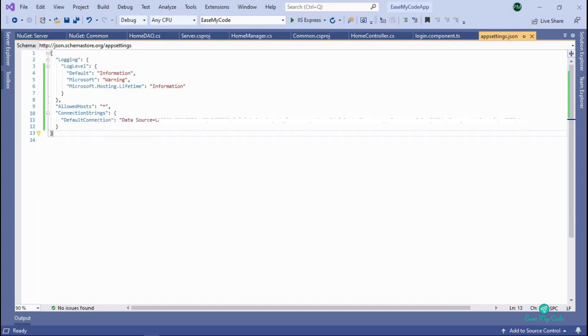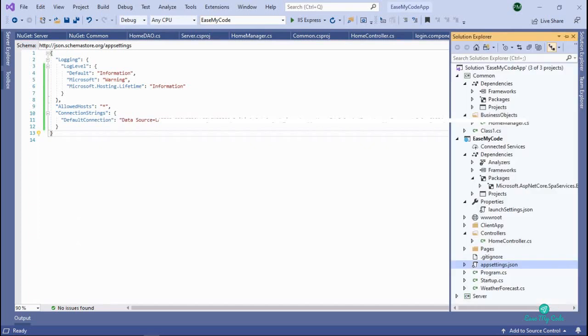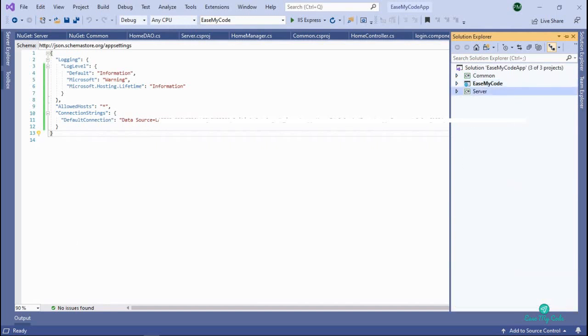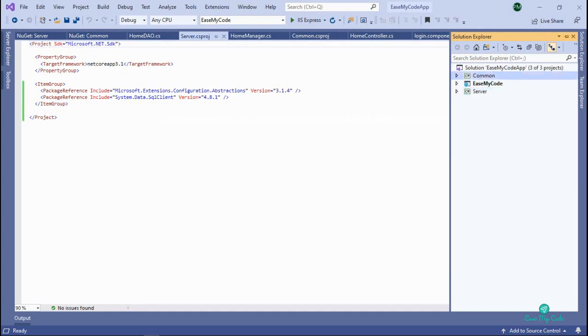After that, what I have done is I added two libraries in my project. First is the common layer, and second is the server layer. This is just in order to make our application into a multi-layer architecture. So I have added these libraries.